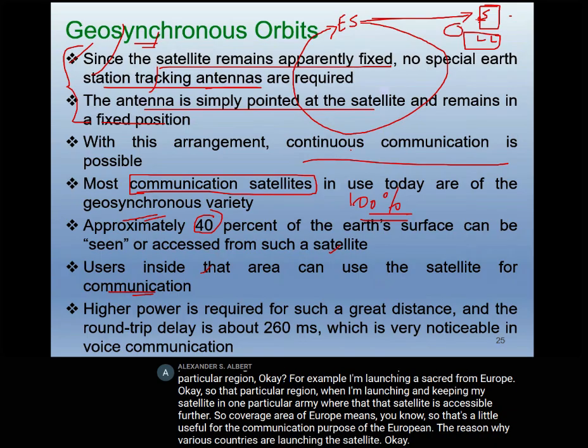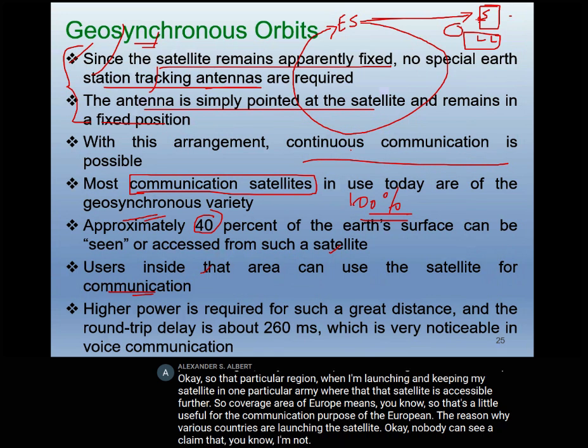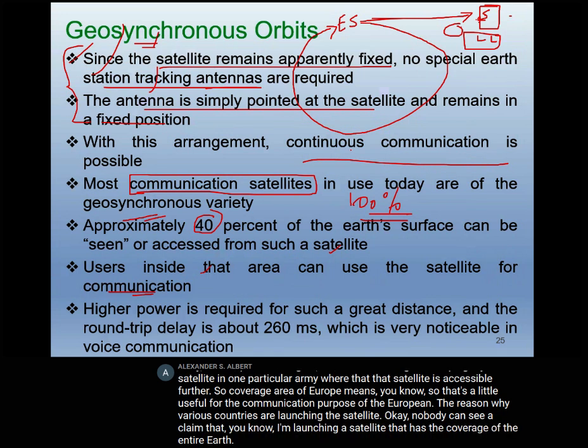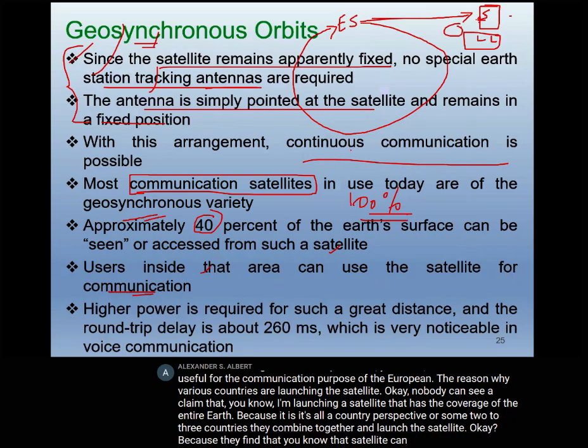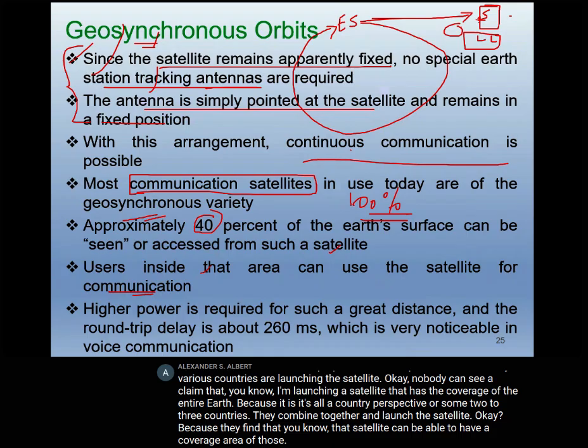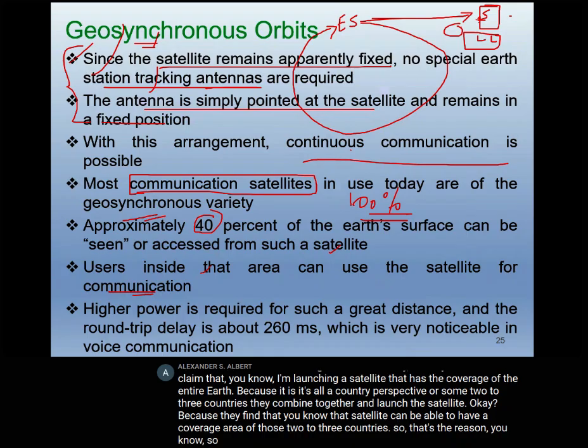Nobody can claim that they are launching a satellite that has coverage of the entire Earth, because it is all from a country perspective. Or some 2 to 3 countries combine together and launch a satellite, because they find that the satellite can have a coverage area of those 2 to 3 countries. So the higher power is required for such a great distance,